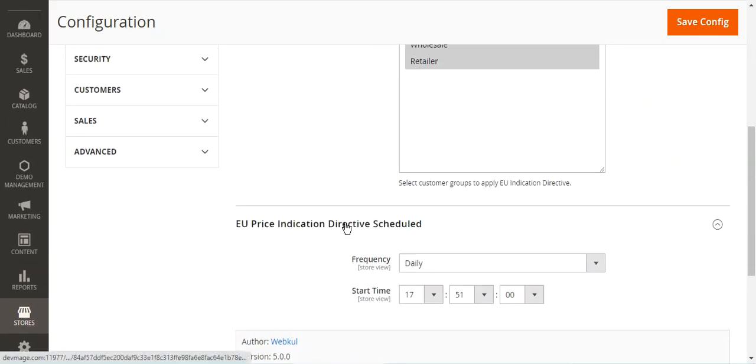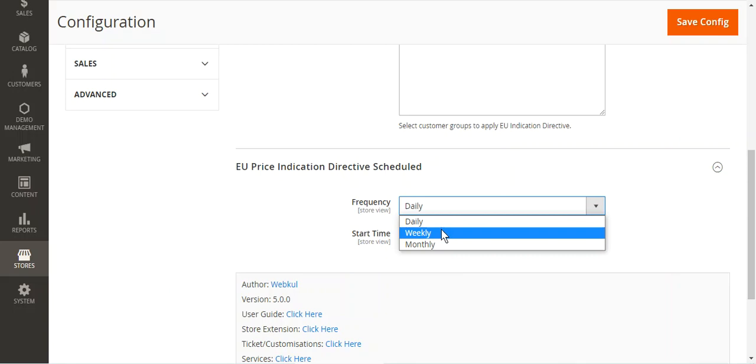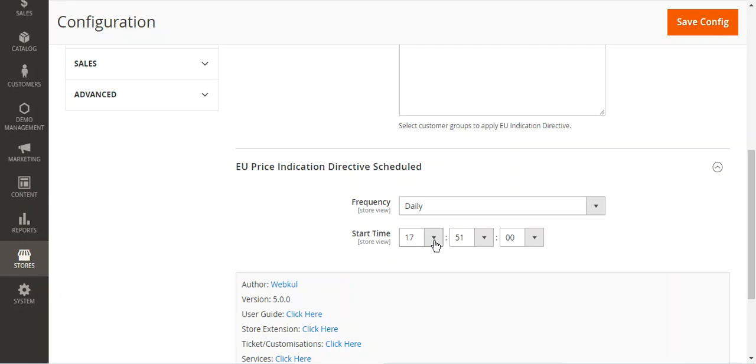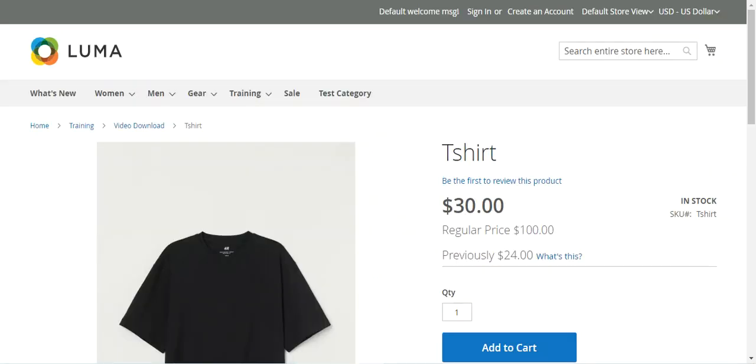Apart from that, you'll be able to set up the cron to display the minimum price automatically to the consumers there, and you can set up the frequency of the cron settings or the European Union Price Indication Directive schedule there as daily, weekly, monthly as per your own requirement, and you can set up the start time for the same as required. So yes, that was much about the configuration settings for the particular plugin, that's the Magento 2